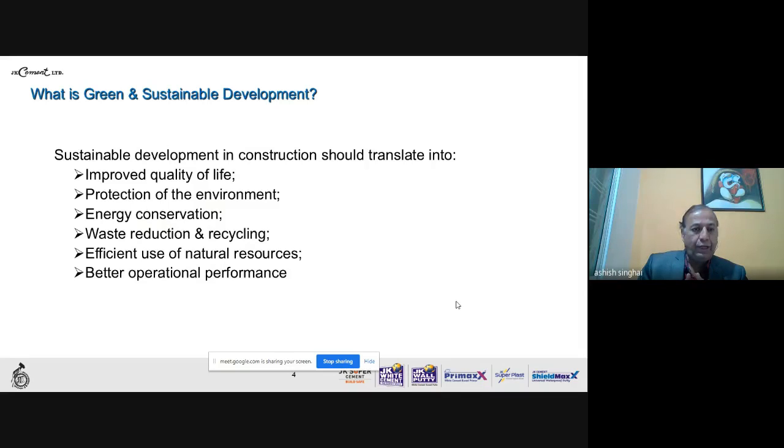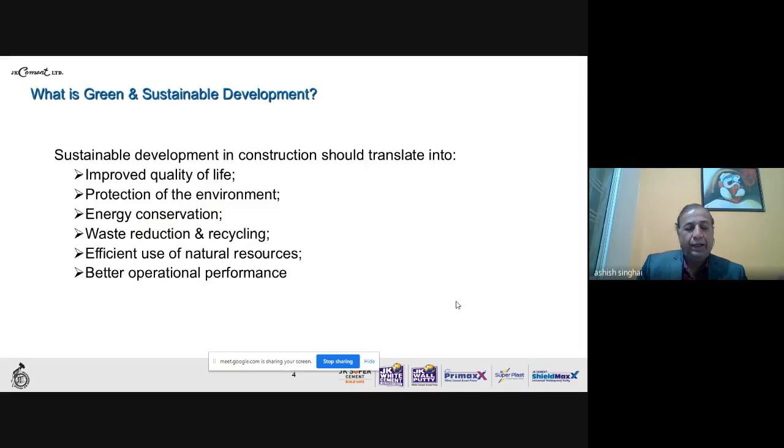So we need to work on that. Efficient use of natural resources and better operational performance. Today, most of the industries, primarily in the government sector, have become defunct. Why? Because they never upgraded themselves, whether technically or operationally, with the changing demands, changing needs. So they have become defunct, or even if they are working right now, the operational performance is challenged because they